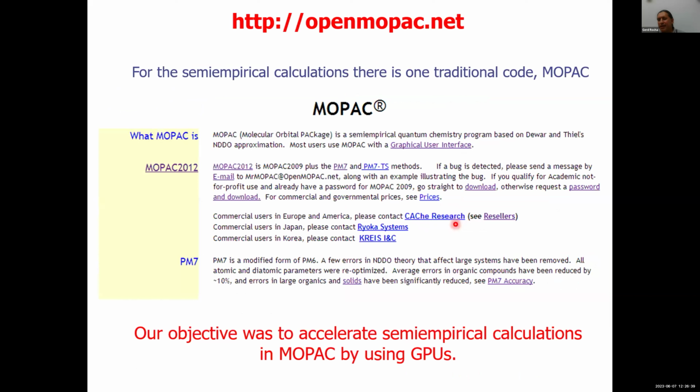Now we think about semi-empirical QM codes. There's a traditional code, MOPAC, and we already have lots of experience to do some calculation with MOPAC, and we decided to accelerate MOPAC with GPU computers. And so our objective was to accelerate semi-empirical calculations in MOPAC by using graphic processing units. This is the print of the old